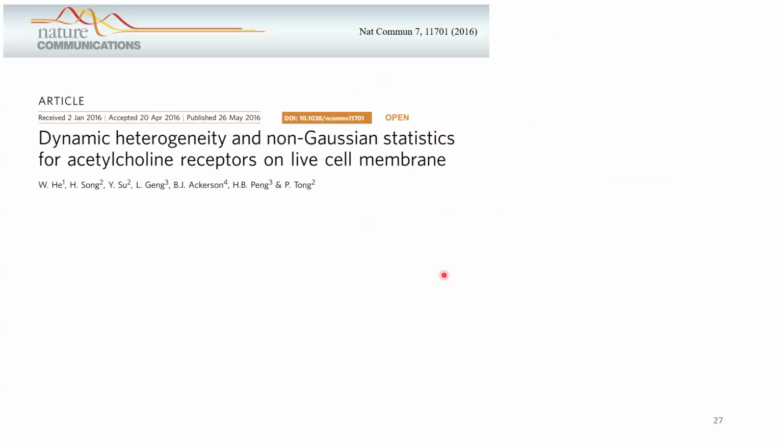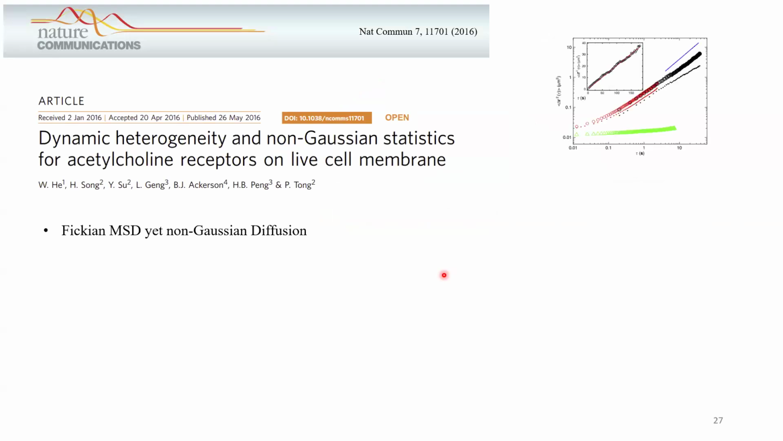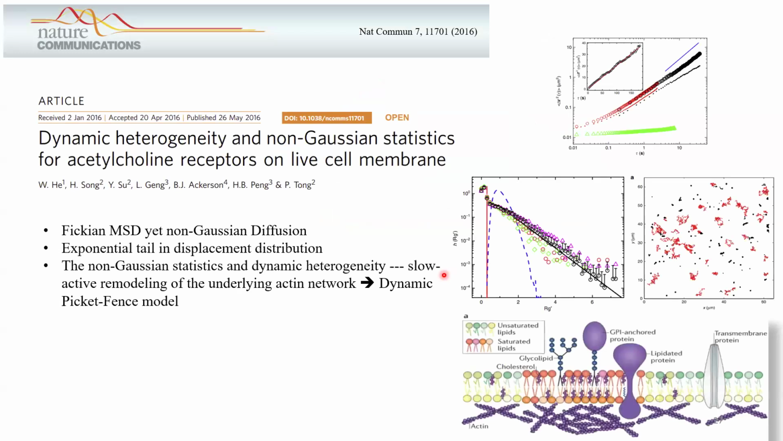there was an article in 2016 in Nature Communications, an experimental paper. It said that there are dynamic heterogeneity and non-Gaussian statistics for acetylcholine receptors on live cell membrane. So the cell membrane is there, and you have the receptors, which are basically proteins, transmembrane proteins. And when these proteins move, they are moving via dynamics